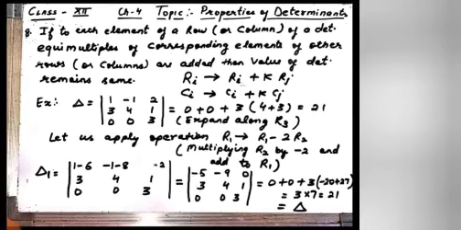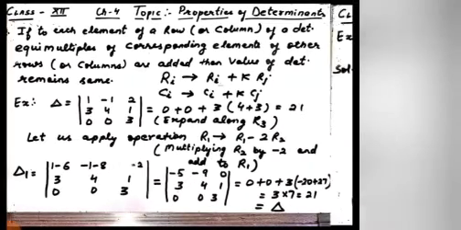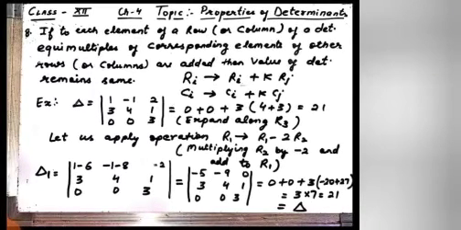Now suppose we have a determinant of a 3 cross 3 order matrix. Suppose first we calculate the determinant by normal expansion along the third row, then we get the answer 21. Now suppose we apply the operation where we multiply the second row by 2 and subtract from the first row, meaning R1 is the row in which the operation is applied, R1 arrow R1 minus 2R2. That means multiply the second row by 2 and subtract it from R1.